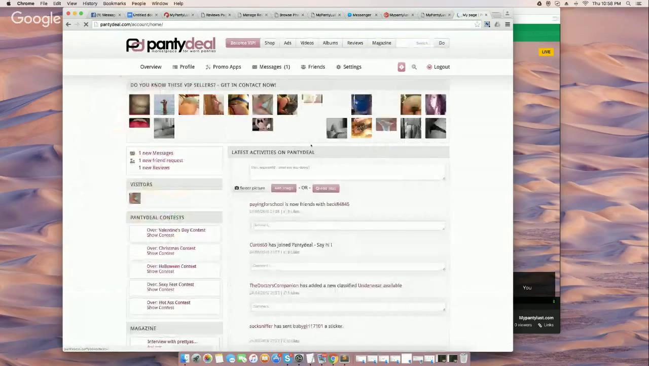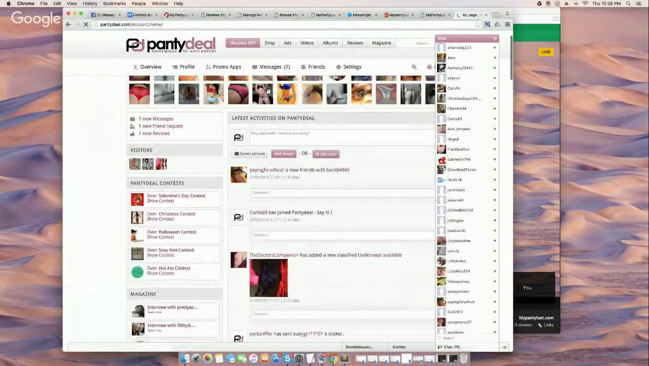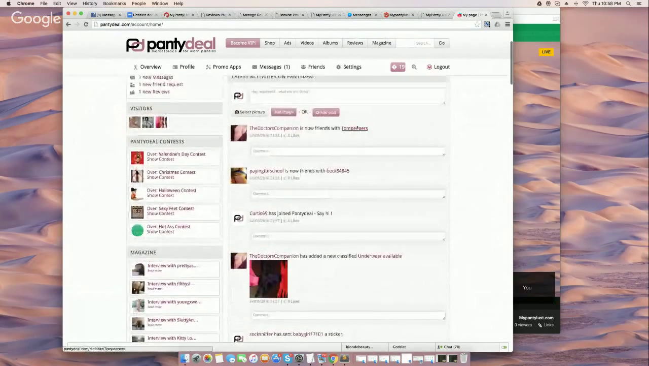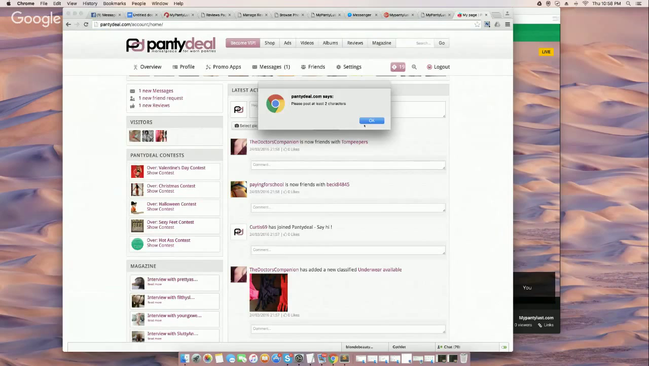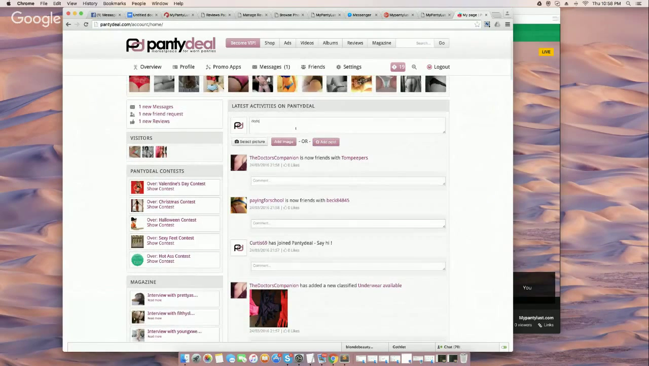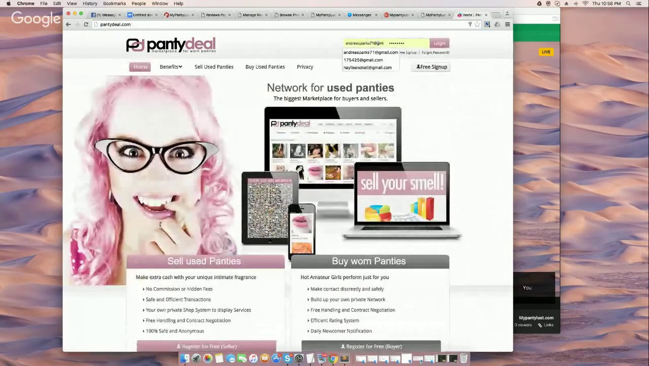Just log in. So this is another site of a similar framework. So, well, I don't remember how to do it on here. Okay, because I'm logged in as a buyer. So,